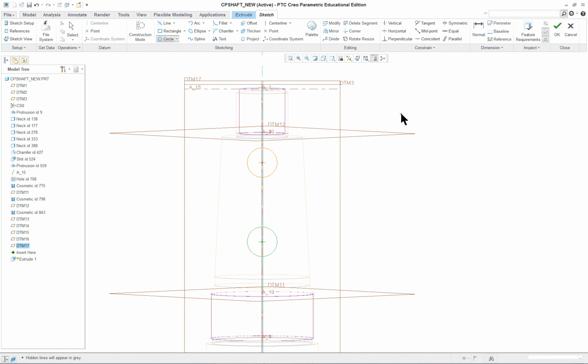And then go directly. You don't have to end a command, by the way. You don't have to hit the middle mouse button in many cases. Right mouse button to get what you want. Here we can't find what we want. We want a tangency for the line. So we'll pick that,